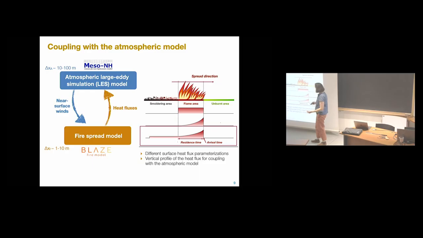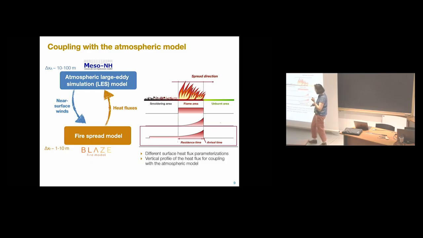And then the fire spread model has a simplified surface heat flux parametrization. So we know the arrival time of the fire front, and then we have some parametrization on how the heat flux evolves over time once the fire arrives at a given point. For sure, this could be refined using observation. And one aspect of this is the spatial and temporal variability of the heat flux.